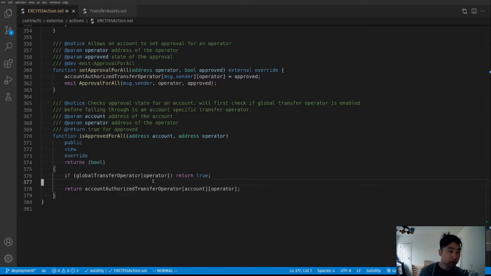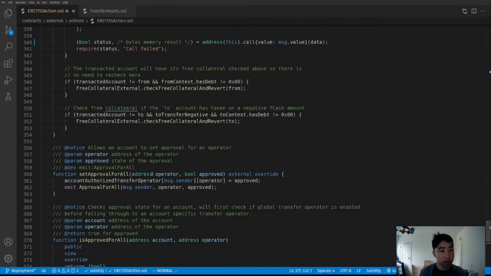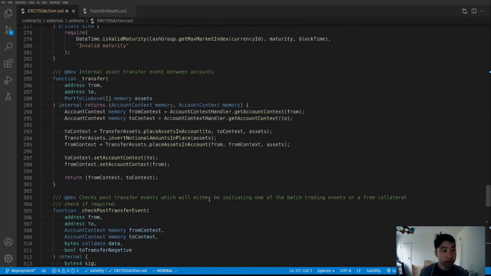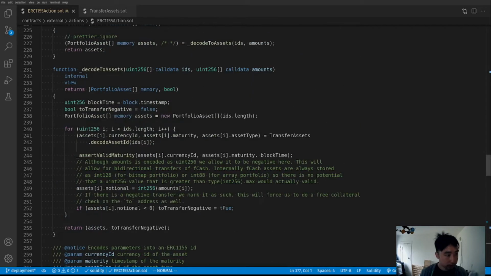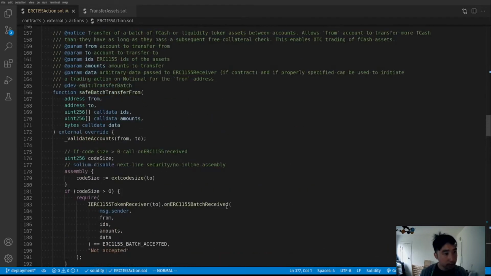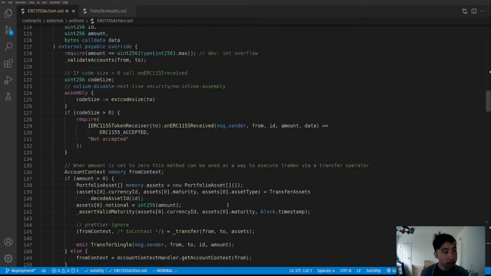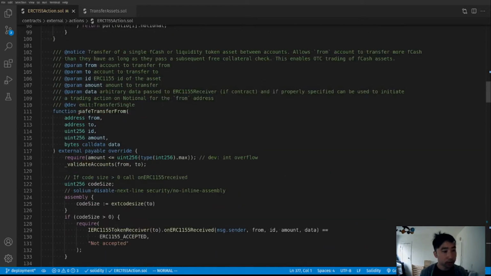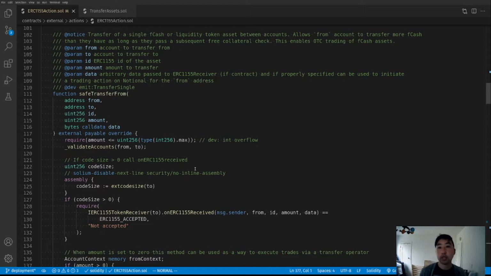This would largely be a convenience thing for users, so that they don't have to individually set approvals. So for example, we may enable another protocol which has off-chain order books to be a global transfer operator for everyone. So that would maybe be like Kyber protocol or 0x. And the reasoning for that is that what ERC1155 enables via safeTransferFrom is the ability to trade Fcash OTC,